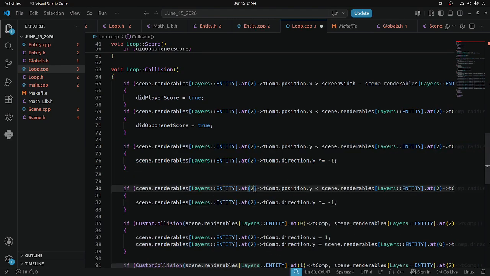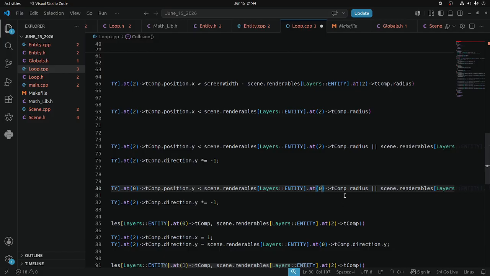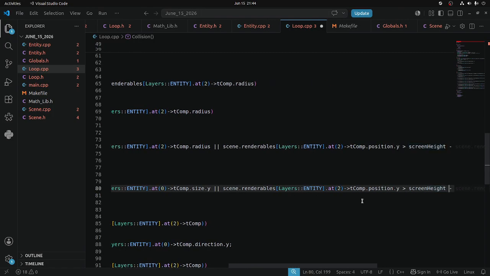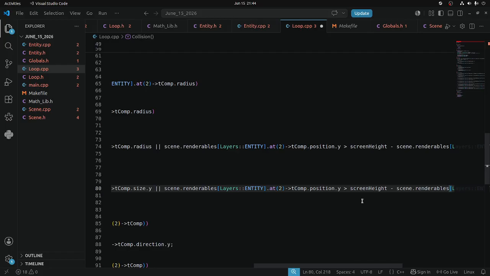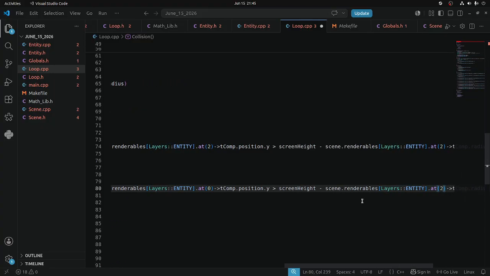So we're going to say for 0, if he is less than 0's size in the y, or his position in the y is greater than 0's size in the y,